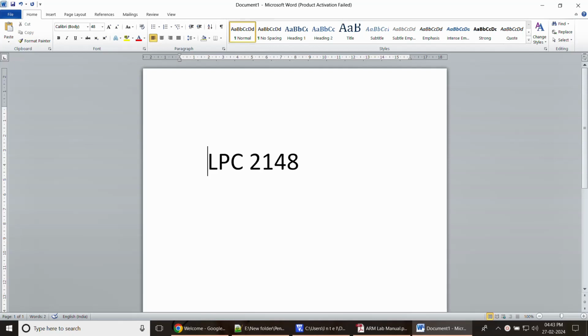Today we are going to discuss ARM programming. So basically the programming which is done for ARM microcontroller, the name of that IC is LPC2148. So this is the name of the IC on which the ARM programming has to be done. So please do remember the name of the IC is